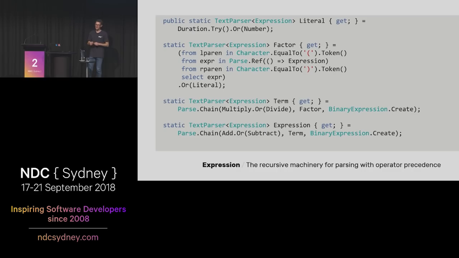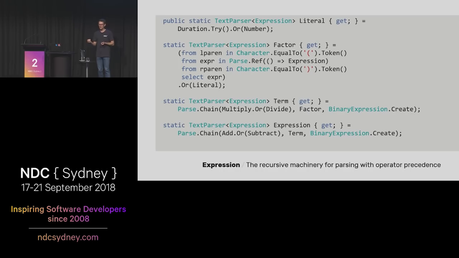Factor has an interesting name, and the names are maybe a little off-putting, but factor is the part of this language that you would find on the left or right-hand side of a multiplication or a division. Because we're dealing with operator precedence, the things that are bound more tightly are up towards the top of these little parsers, and the things that are bound more loosely are down the bottom.